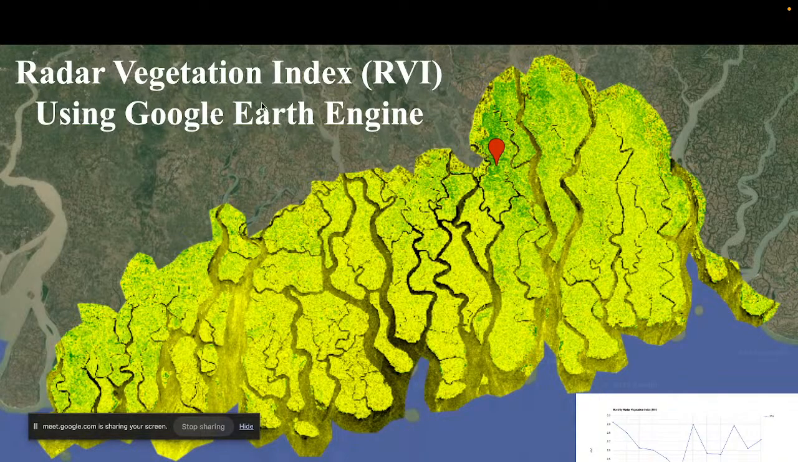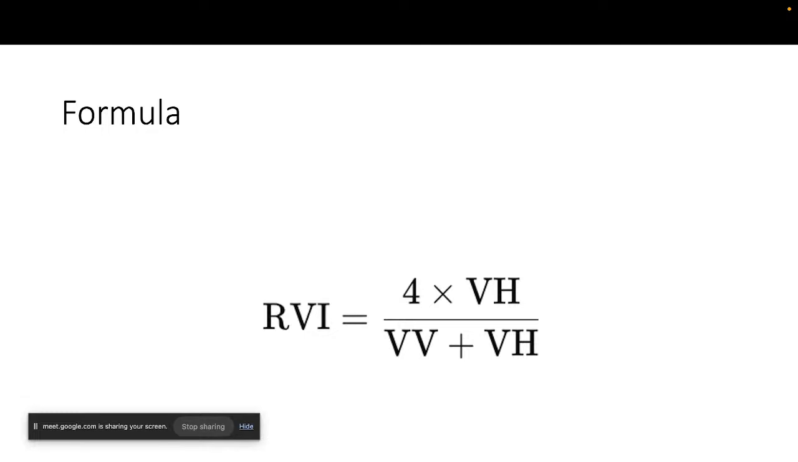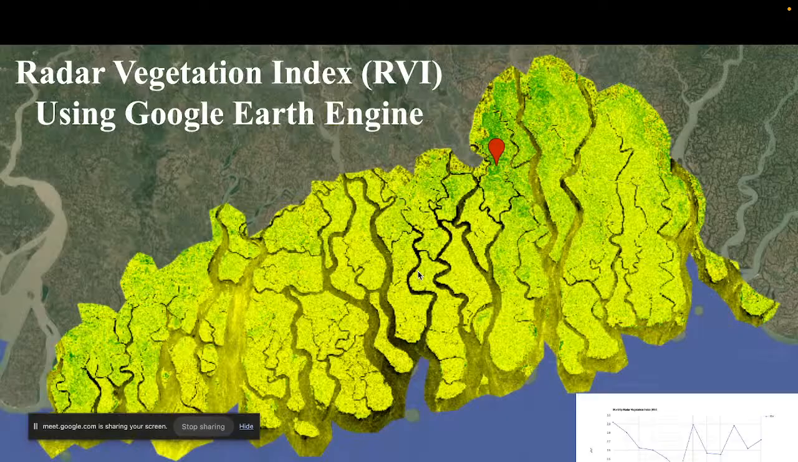You can see this is an example of the radar vegetation index using Google Earth Engine. I'll also check my result for my mangrove forest. Basically, a high positive value indicates dense vegetation, and a low positive value indicates sparse vegetation. So it's a radar vegetation index map. And this is the formula for the radar vegetation index: 4 multiplied by the VH band, divided by the VV band plus the VH band. When you compute this equation, we can easily generate this type of radar vegetation index map, and